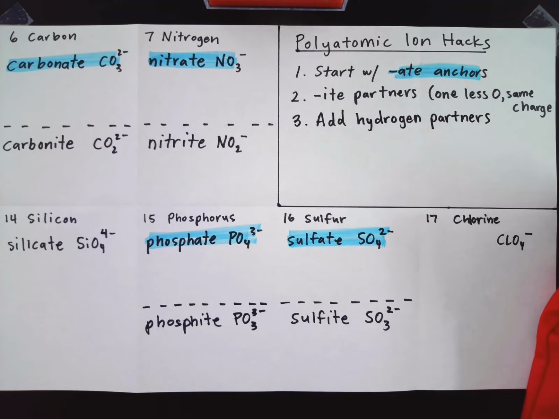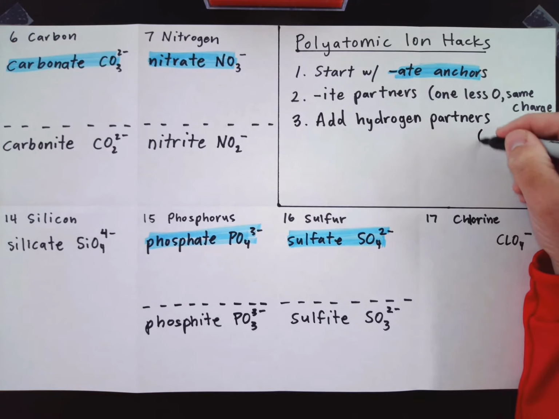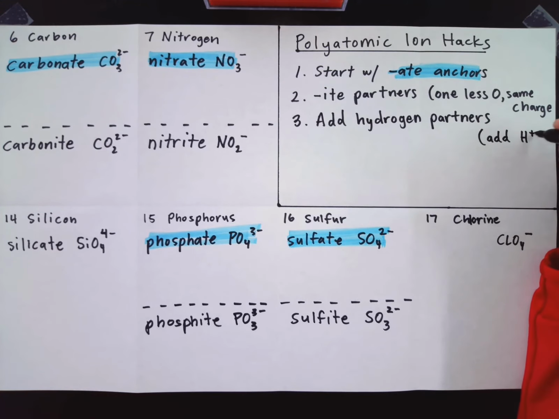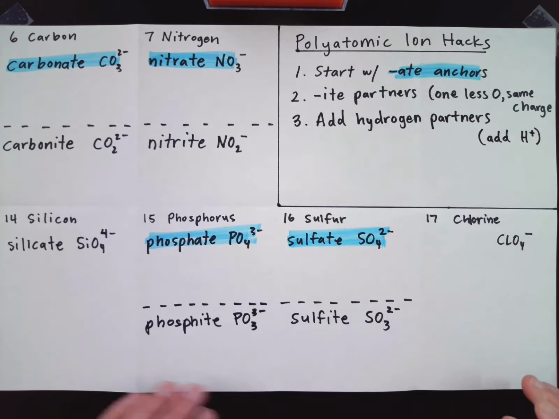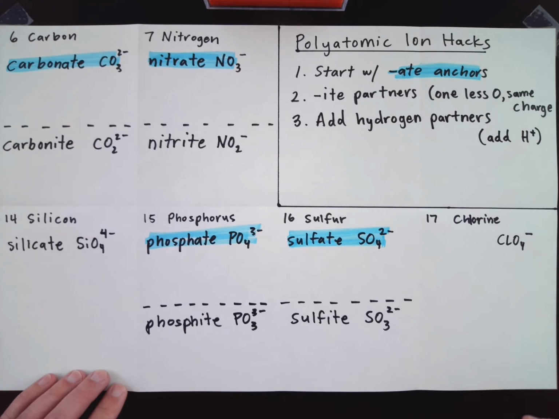And when you add a hydrogen partner, you can think of adding an H+ ion to the polyatomic ion unit. So let's start with carbonate. If I add an H+ to carbonate, the formula will change